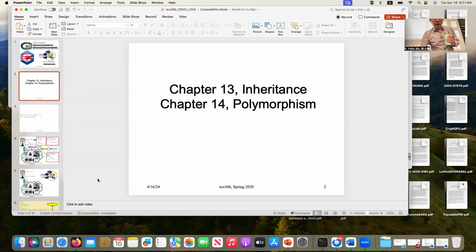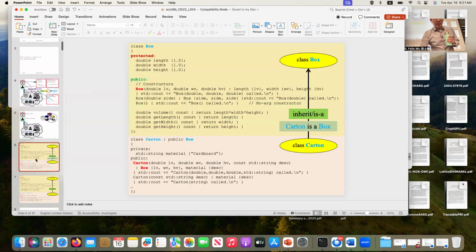First, let's talk about what inheritance is. Inheritance is sometimes what I just call an "is-a" relationship. So what is an is-a relationship? It's a relationship defined between a pair of classes. One of the classes is called the base class, and one is called the derived class. So essentially, when I say is-a relationship, it means that